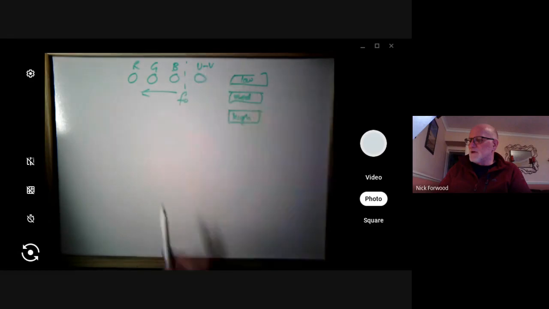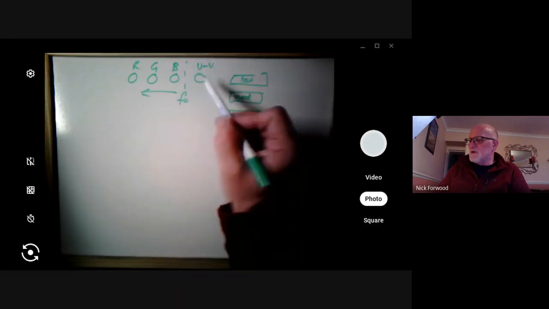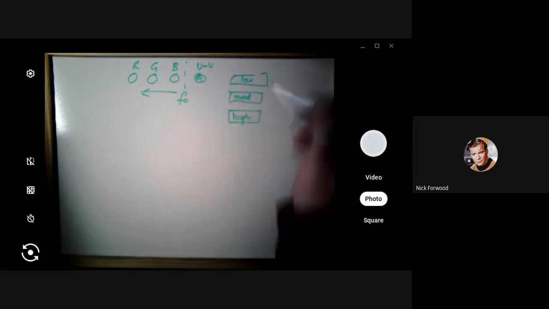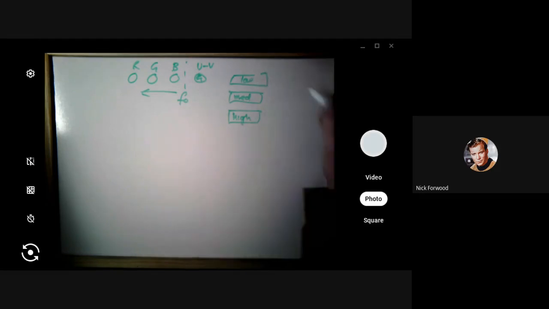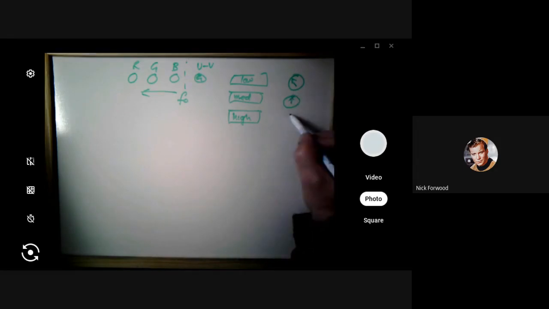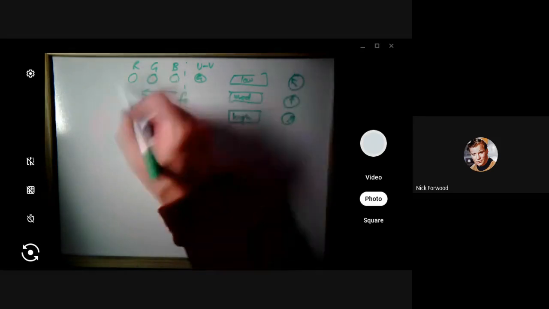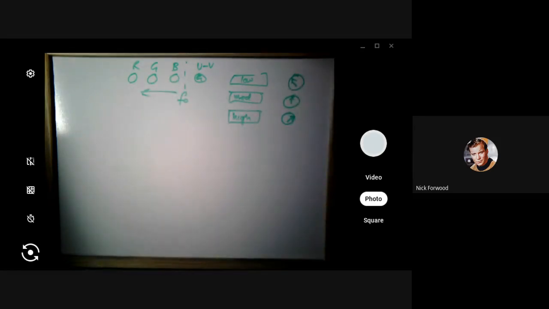Ultraviolet does work, and once you've selected the ultraviolet light one, you can actually see the effect on the current of how bright the light is. Low brightness, you get a sort of small current. Medium brightness, you get a bigger current, and high brightness, you get a much bigger current. And with any of the other colors, you don't get any current at all flowing. And that shows you that if the brightness increases, the current increases, and the current is just made up of